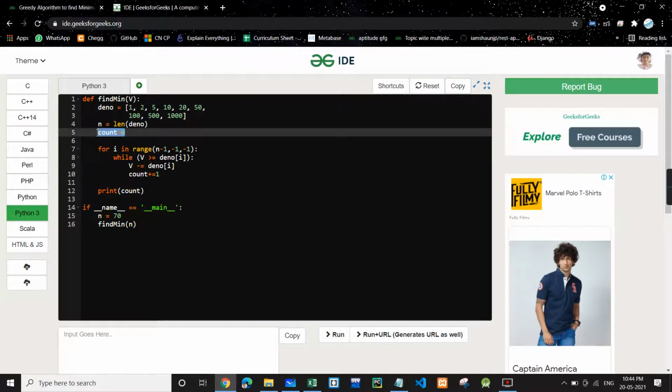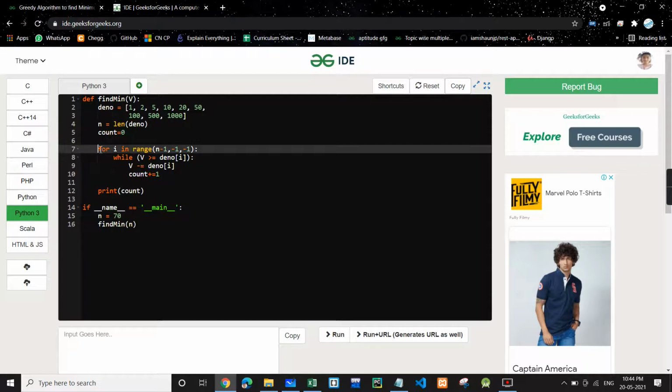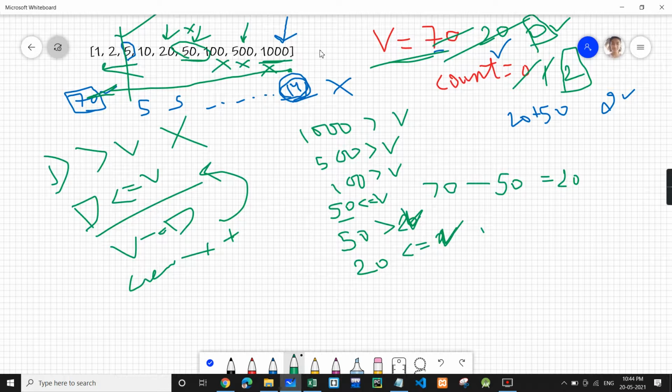Then we have a count variable which will store our answer, the minimum number of coins. We will start iteration from the back of the denomination coins, so that the bigger denomination is covered first, so the value becomes less.